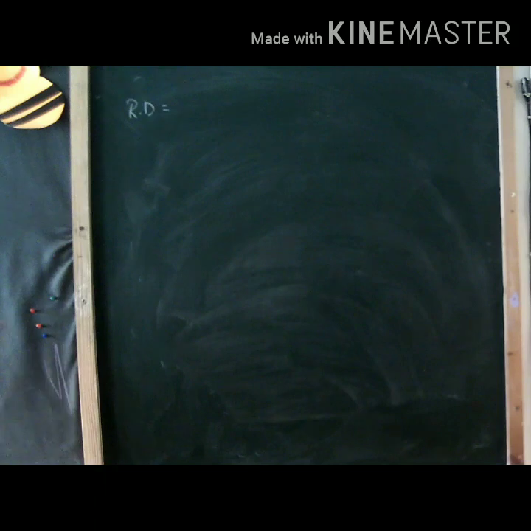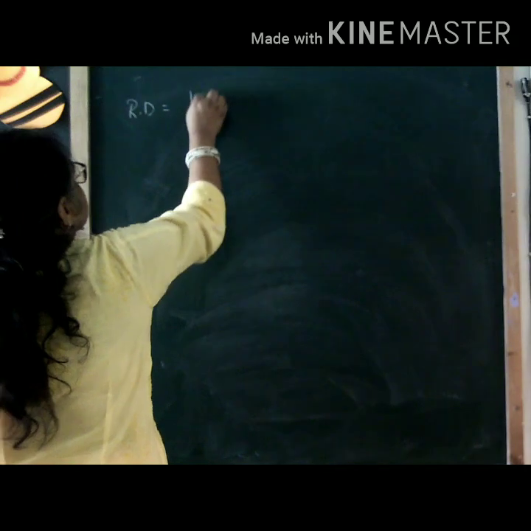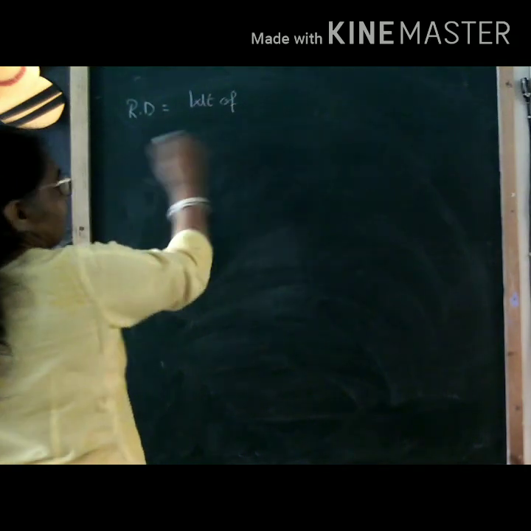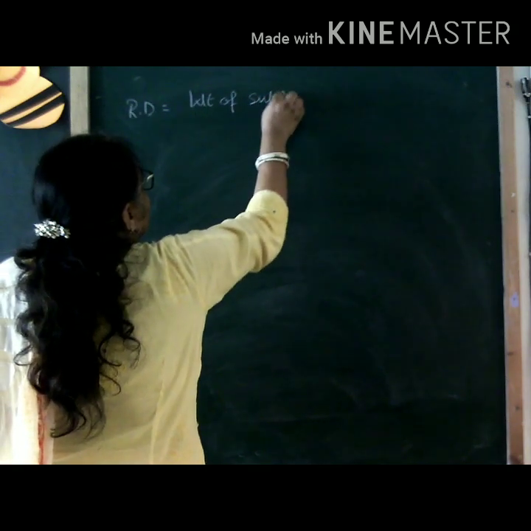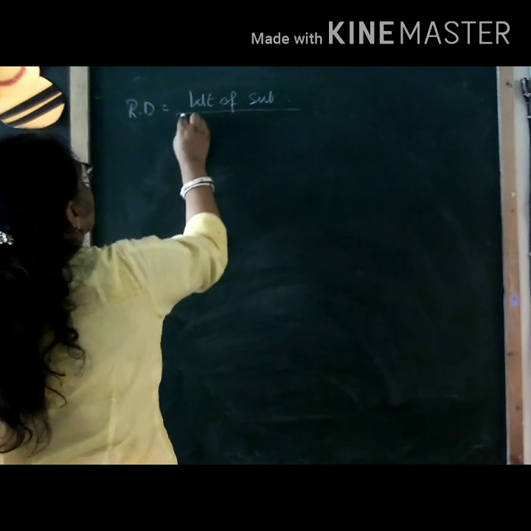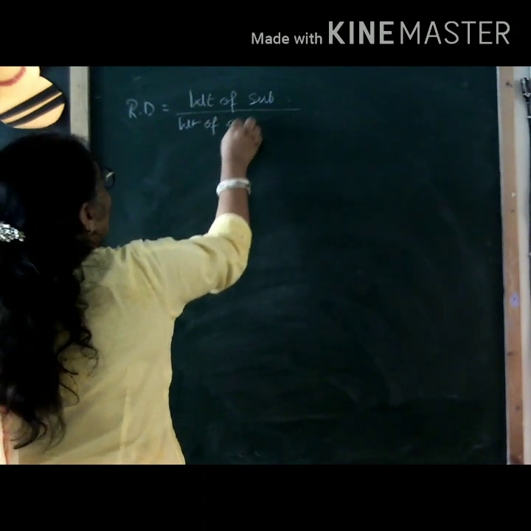Now, you all know that if you immerse any solid in water, there is going to be an apparent loss in weight, due to the upthrust, which is equal to the weight of equal volume of water displaced. So that means I can say relative density, what was relative density? I have erased it out. So relative density was weight of the substance upon weight of equal volume of water.